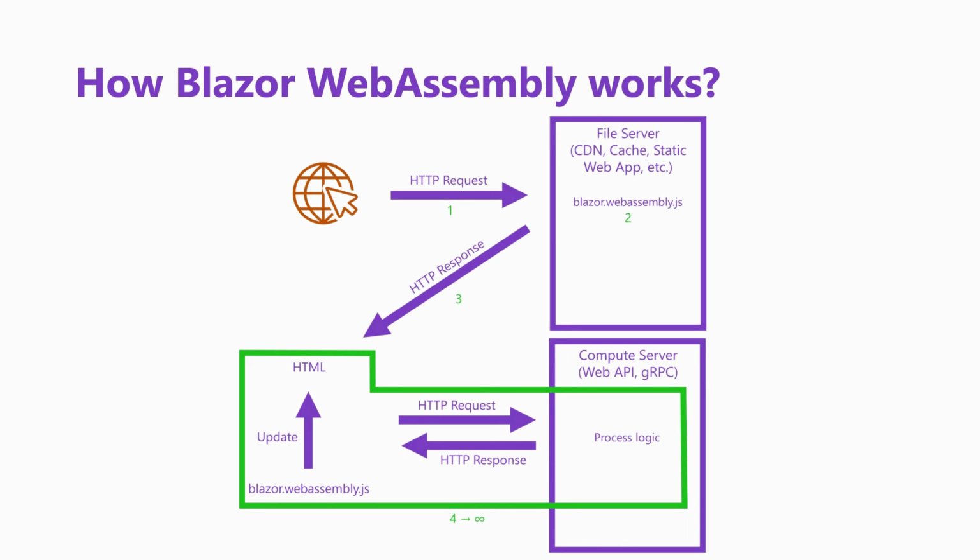Let's talk about how Blazor WebAssembly works. This image illustrates how Blazor WebAssembly works. In the first step, the browser sends an HTTP request to the file server. As I mentioned before, it could be a CDN, it could be a cache, it could be a static web app, and so on. And the file server will respond with some files,